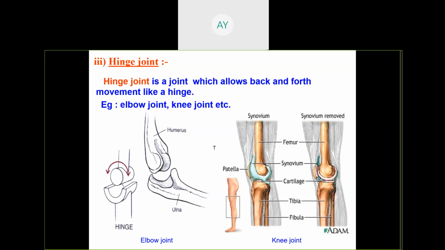सो हिंज ज्वाइंट इज अ ज्वाइंट व्हिच अलाउ बैकवर्ड एंड फॉरवर्ड मूवमेंट लाइक अ हिंज। हिंज मतलब कि एक आयरन का स्मॉल स्ट्रक्चर होता है जो कि दोनों को जोड़ता है, किसको? वॉल ऑफ योर हाउस दैट इज प्रेजेंट ऑन द गेट एंड द दैट इज द योर डोर, दरवाजे को, जिससे कि मूवमेंट होता है इन वन डायरेक्शन। आप मूवमेंट देख के देखना कि डायरेक्शन में जो आपका जो गेट है उसका मूवमेंट कैसे होता है, दैट इज एग्जांपल ऑफ हिंज ज्वाइंट। अगर हम चाहेंगे ऊपर तरफ ले जाना तो ले जाएंगे, आपके अपने गेट को नहीं ले जा पाओगे। समझ में आ रहा है? तो ये दिस इज द एग्जांपल ऑफ हिंज ज्वाइंट, मींस अलाउ द मूवमेंट ओनली बैकवर्ड एंड फोर्थ मूवमेंट लाइक हिंज। ओके,